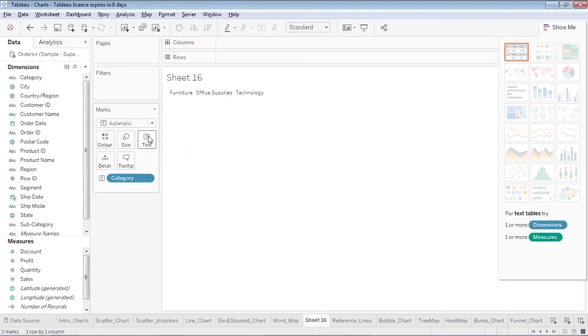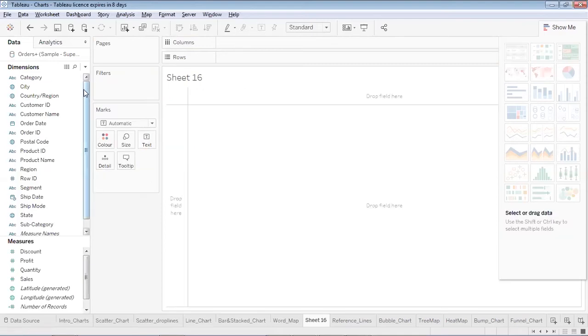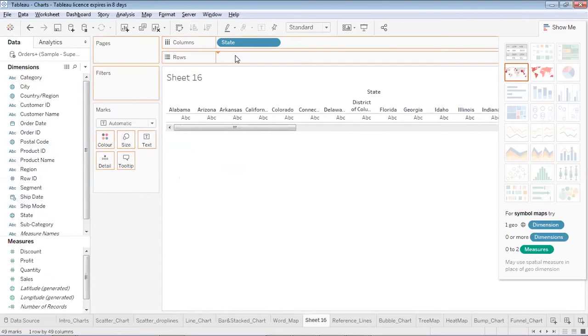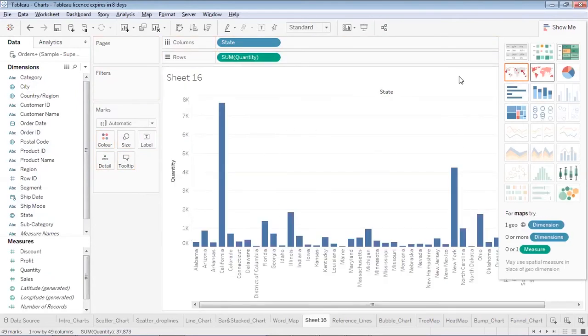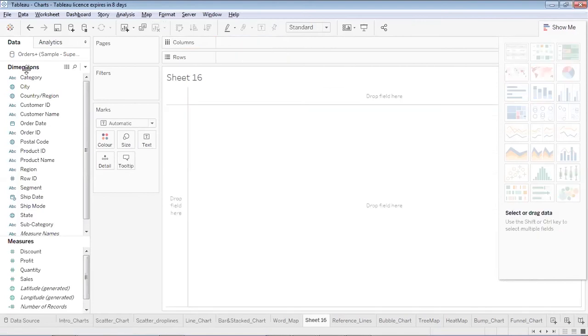After placing this category on the text map, since I wish to plot the regions, I wish to plot the relationship between these sales across states corresponding to profit. I want to plot the relationship between states and profit. So when I select the two, I get these options. But in case I don't want to use these options, I don't want to plot it using a map, I want to plot it using words, I can do that as well. For that, first simply select the geolocation you want, and place it on the text.